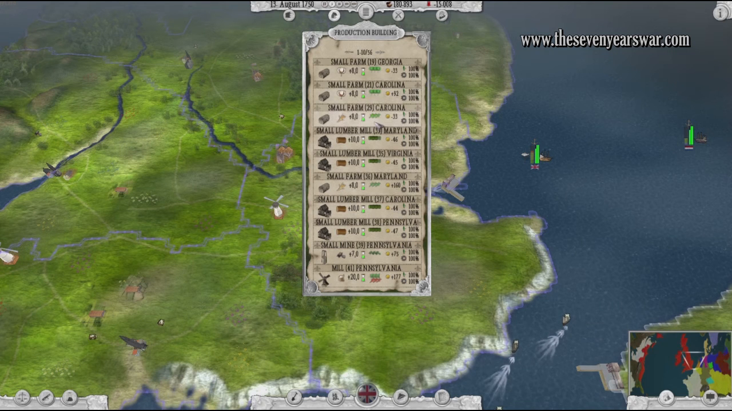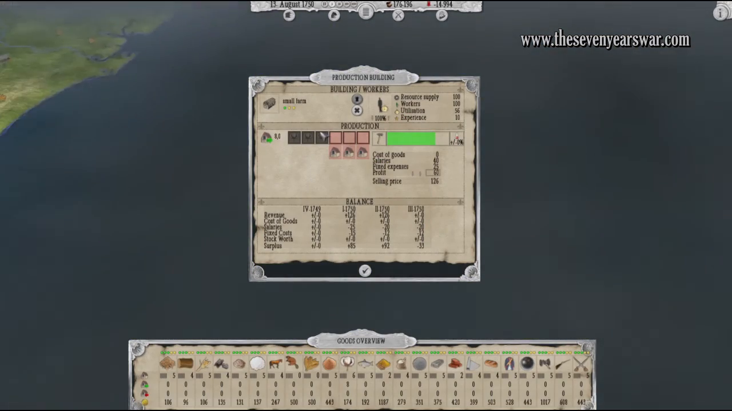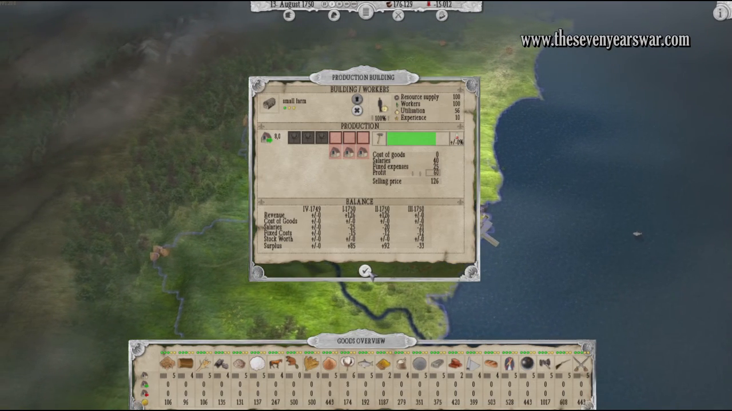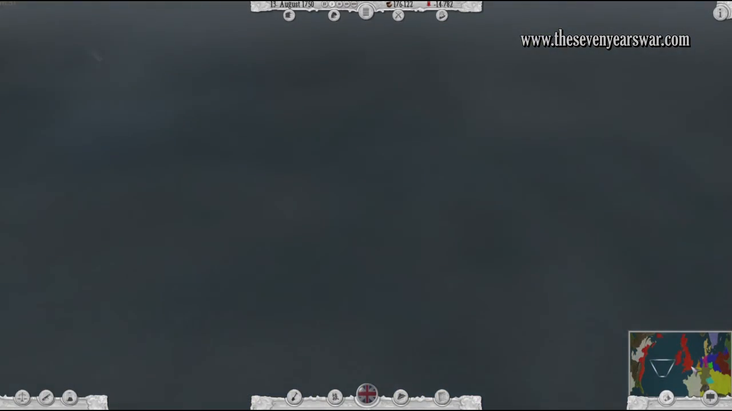If we take a look at the building overview, you can see your production buildings and a short summary of production, profit, utilization. If you click on it, you're jumping to this individual company. Now let's go back to London,